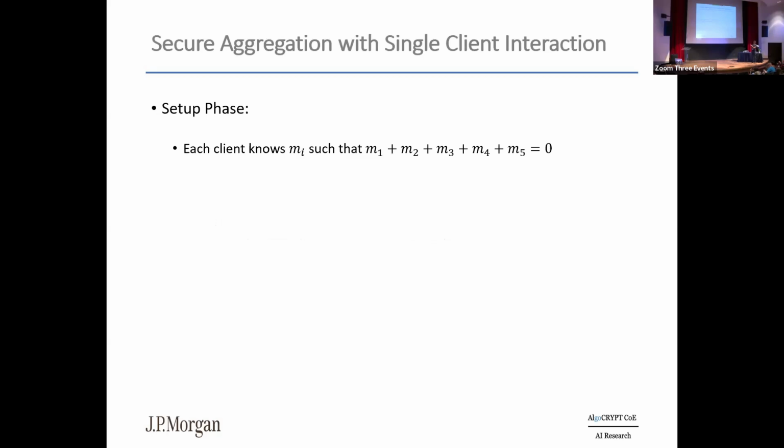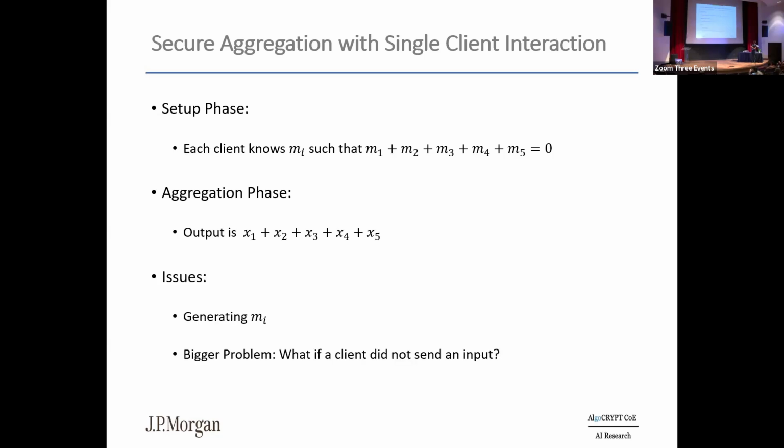And this is secure aggregation. It's like where I'm now going to tell you somehow there are going to be mask values that are dropped from the earth, from somewhere in the ether, that sum up to 0. So now really what happens is that the output is x1 through x5, because now I know the sum of the masks is 0. But this is, while simple, there are two underlying issues, which is how do I generate